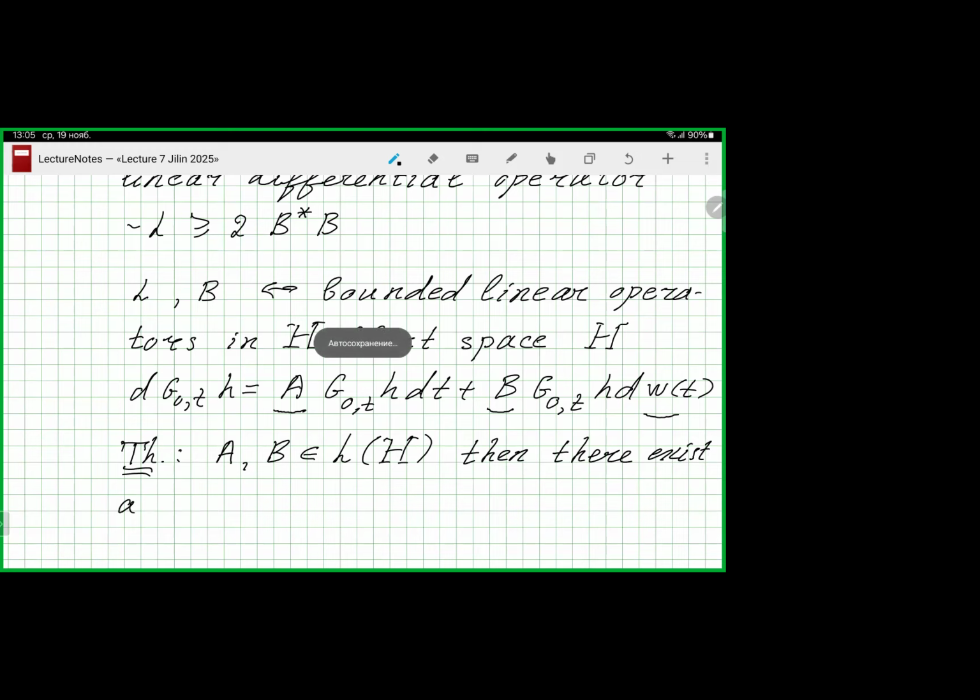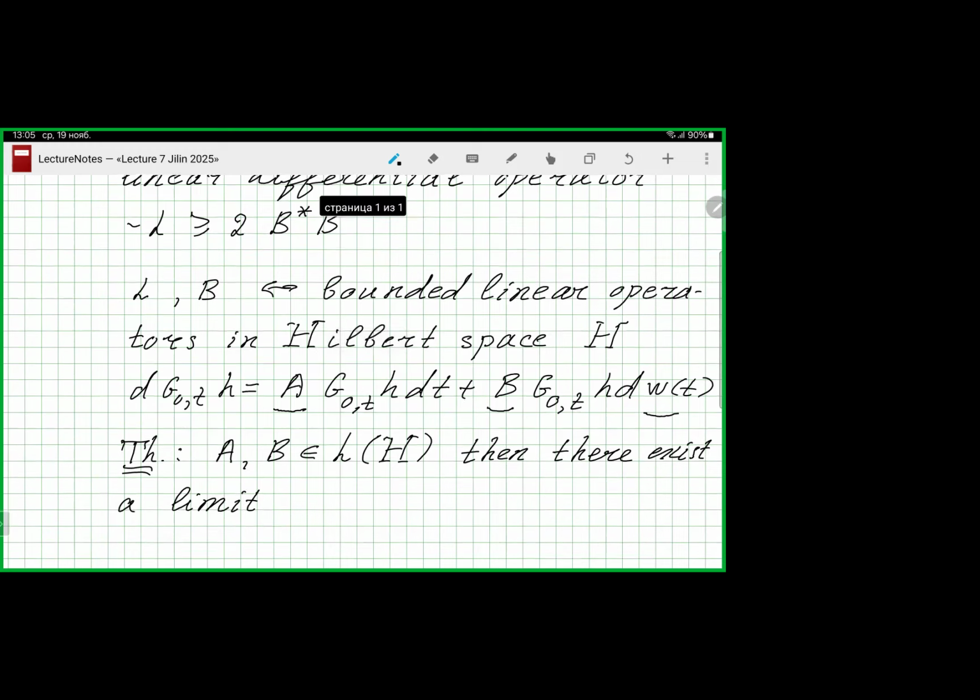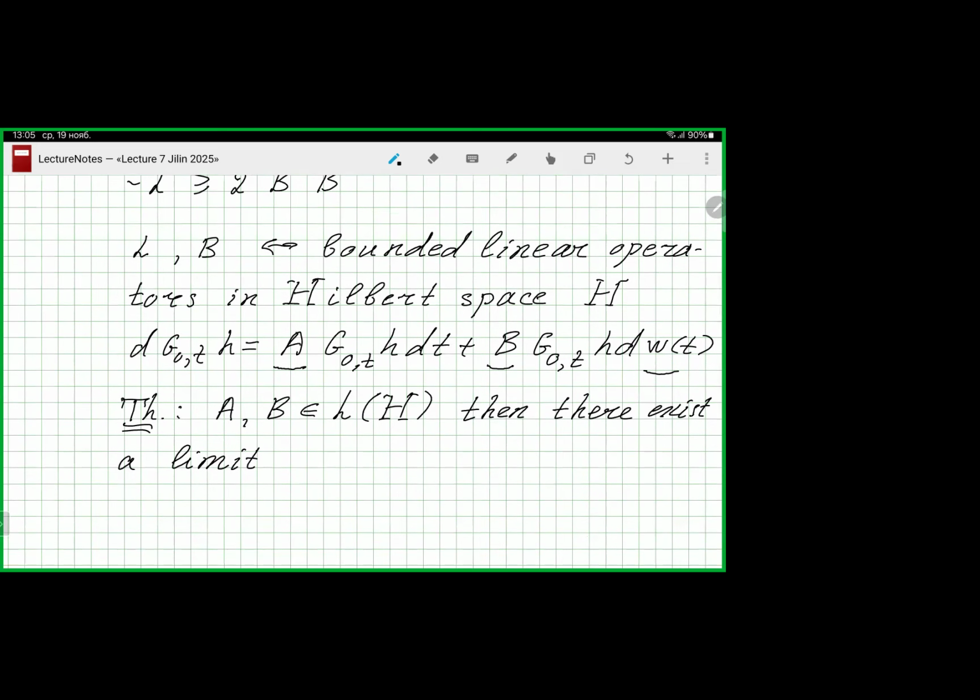Let me denote it by eta_h(t), which is equal to the limit